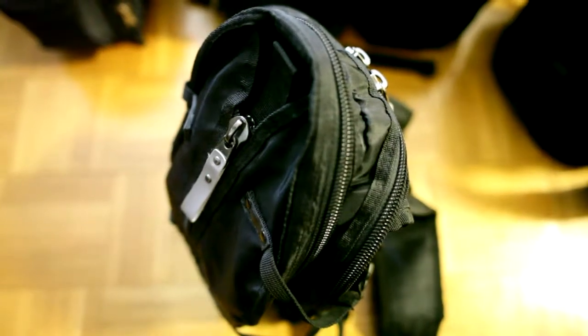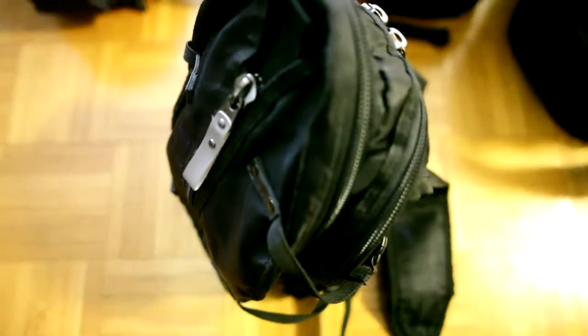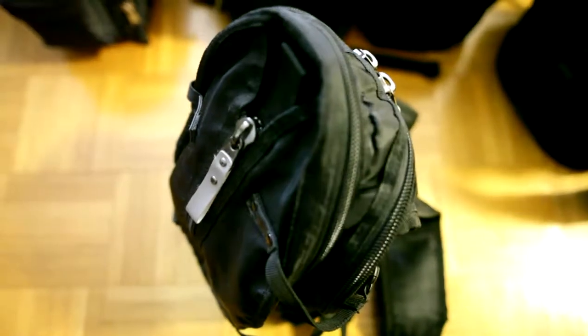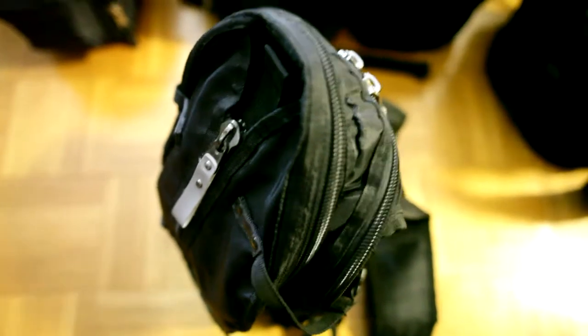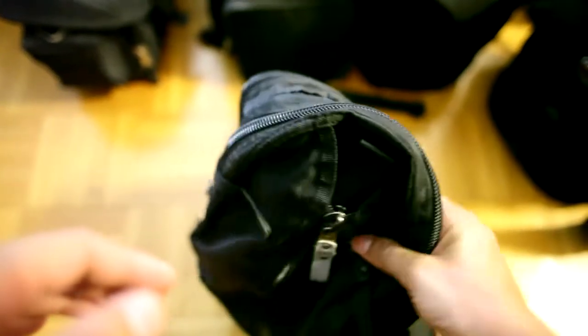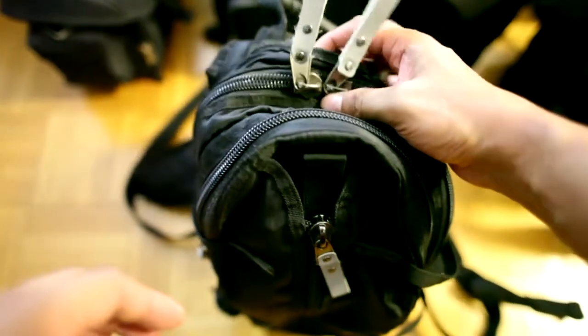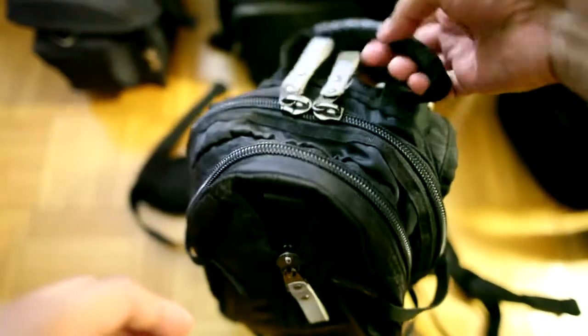Okay, the next bag in question is a backpack kind of a bag. Let me try to get the focus on this. I'm shooting at f1.8, so it's pretty narrow. Anyway, so this was a kind of a backpack which I saw somewhere, and it was just very cool looking, so I thought, hey,